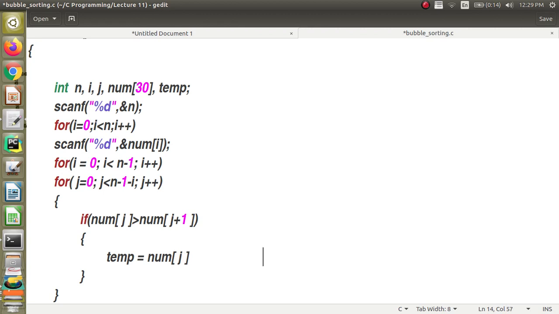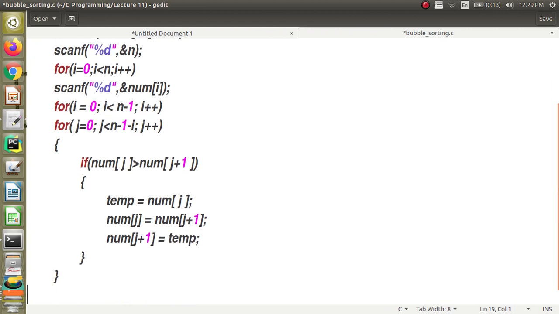I am keeping it here. Okay, and then I am going to say my left hand is now free. Okay, num of j is equal to num of j plus 1. Whichever was in my right hand has come to my left hand. Now num of j plus 1, I am picking up whatever is on the table into my right hand.